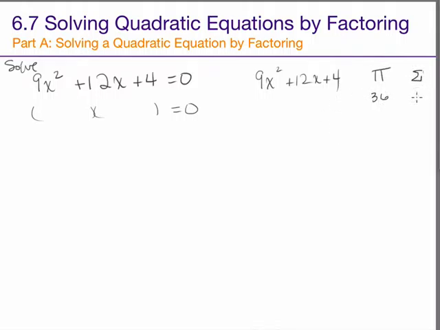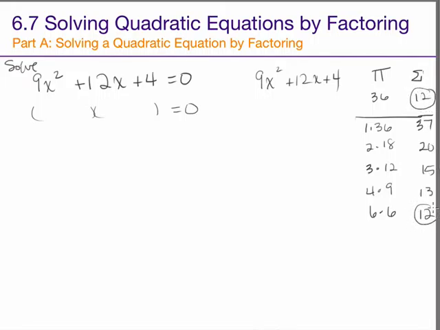My sum is 12. 1 times 36, 2 times 18, 3 times 12, 4 times 9, and 6 times 6 are the different ways that you can write 36 as a product of two numbers. These add up to 37, 20, 15, 13, and 12. I'm looking for 12, and I'm finding it here, so these are the numbers I need to use to break